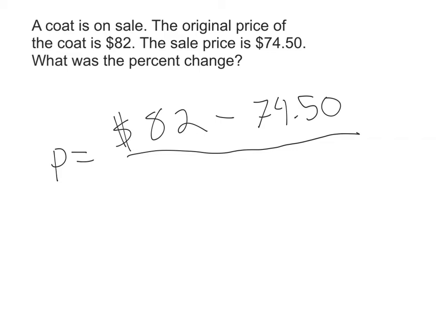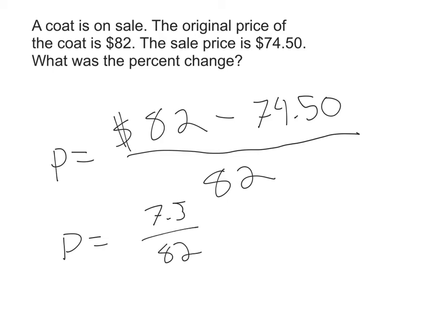And then I put that and divide that by the original amount, which in this case is 82. The change in those amounts is 7.5. So I can simplify this to write P is equal to 7.5 over 82. And then I want to do that division. And when I do, I get something in the neighborhood of